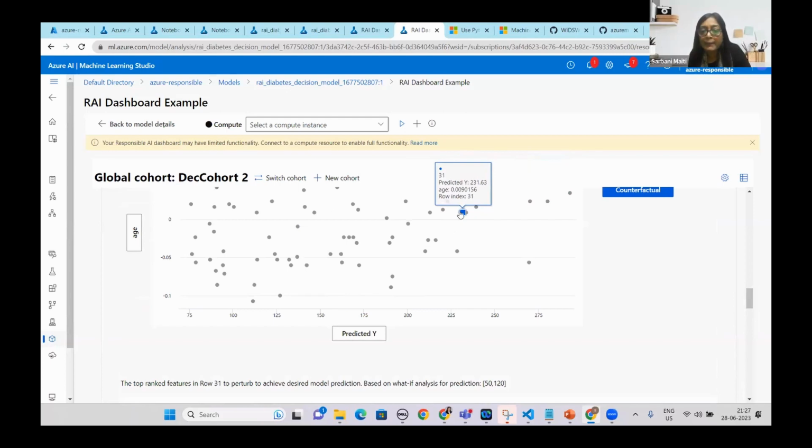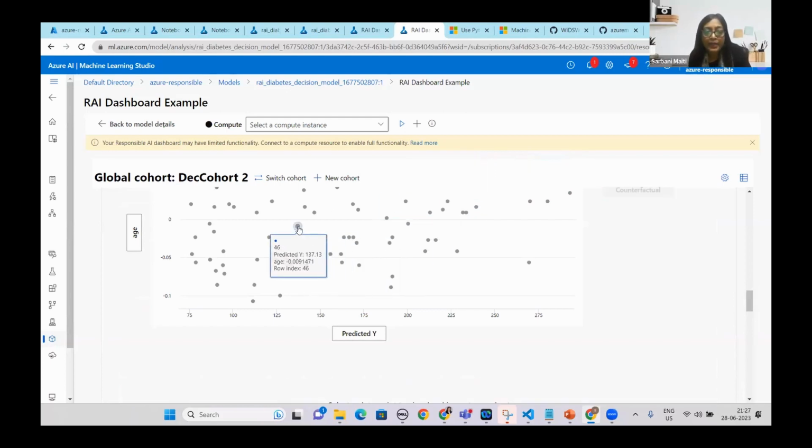So here you can see the predicted Y value is kind of decreasing. And if I look at this particular sample,